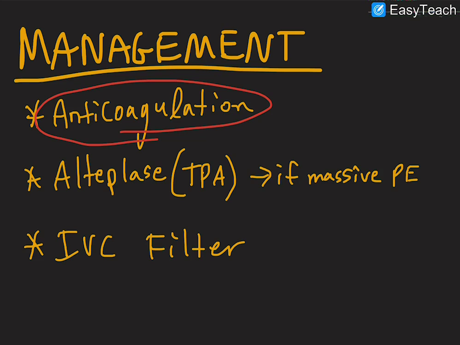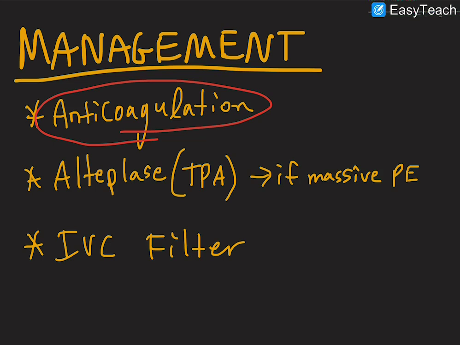What if it's a massive pulmonary embolism, though? To the point where it's almost completely blocking off blood flow from your right ventricle and through your pulmonary artery. If it's a massive blood clot, then consider things like a TPA, like alteplase, for example. Because remember, you would want to quickly dissolve that clot and break that clot apart so that you can restore blood flow across the pulmonary artery